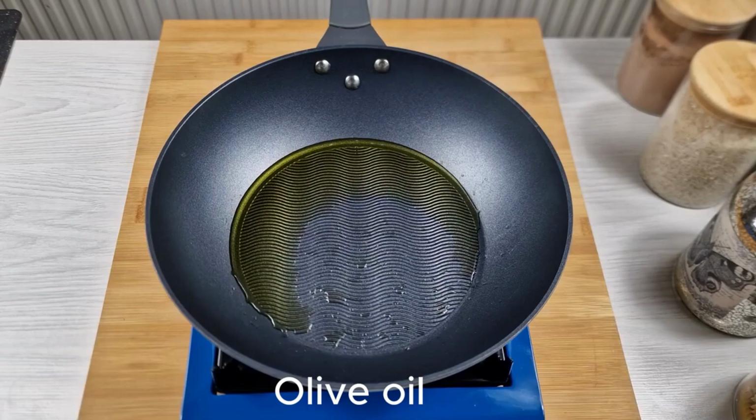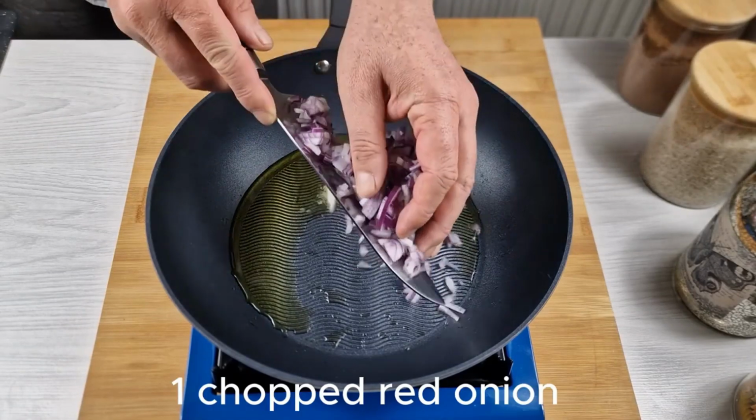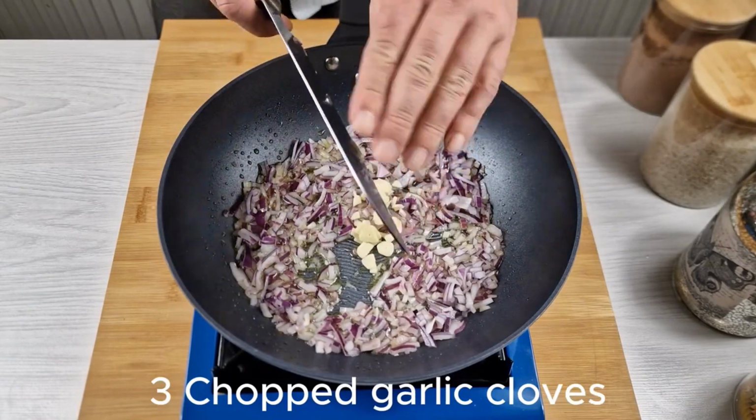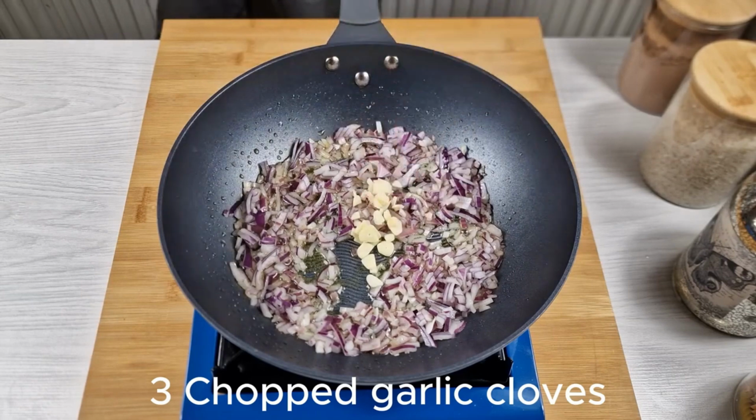Olive oil, 1 chopped red onion, 3 chopped garlic cloves, salt,